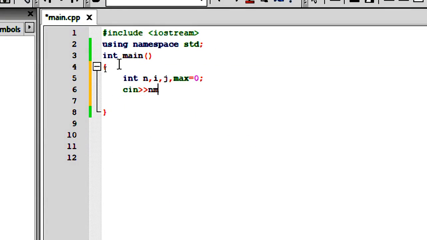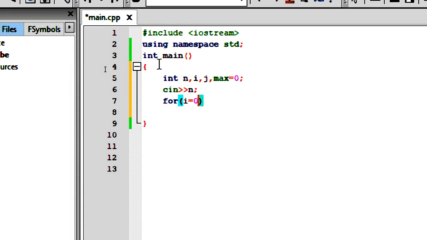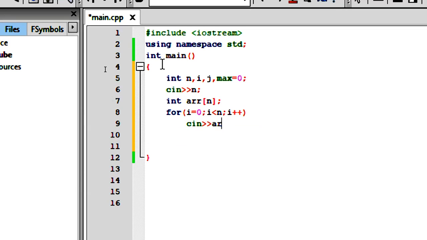Let's take the array size, and let's store the n elements in the array. Before storing the array elements, we have to declare an array of n size. Then just store the n elements in the array with this loop.